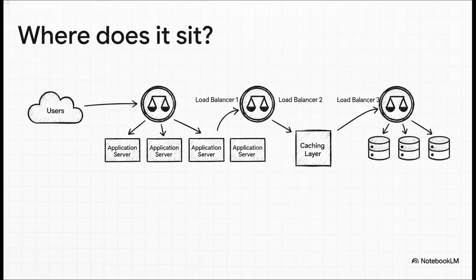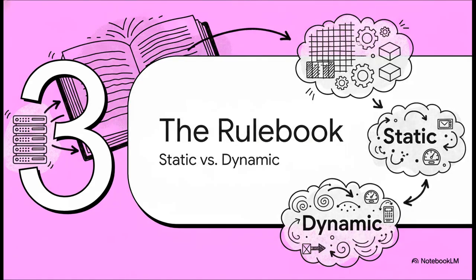And here's something you might not realize. It's not just one big load balancer at the front door. Oh no. In any serious modern application, these things are everywhere. You'll find one between you, the user, and the main application servers. Then you'll find another one between those application servers and the caching layer. And heck, you'll probably find another one between the cache and the databases. Basically, anywhere you have a group, a pool of resources doing a job, you're going to find a load balancer playing traffic cop.